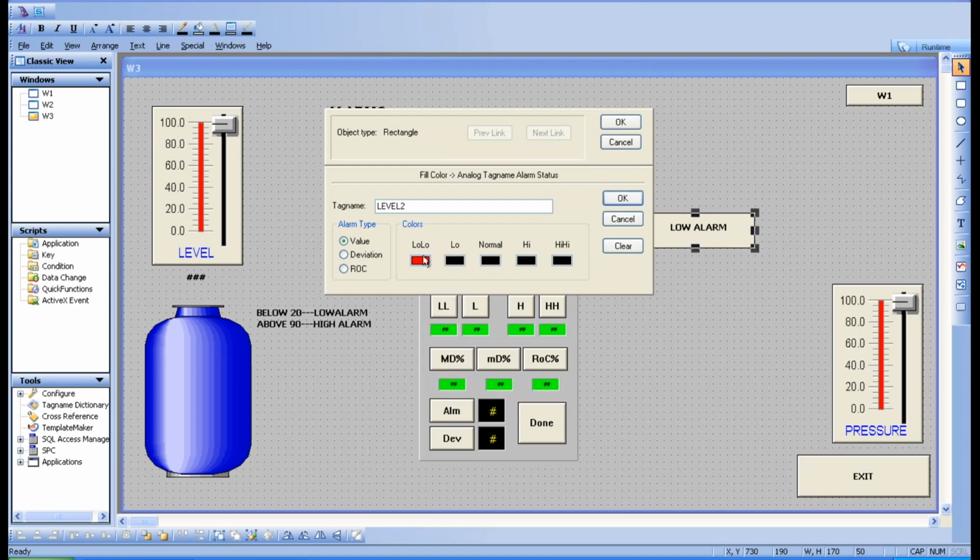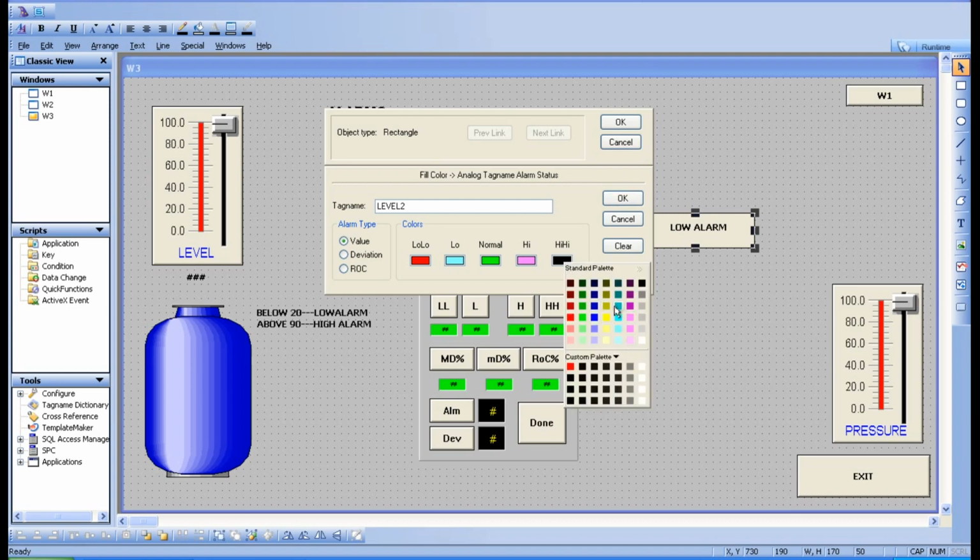If it is a low alarm, it will show red color. And normal means let it be green color. High alarm means let it be some different color you can choose.